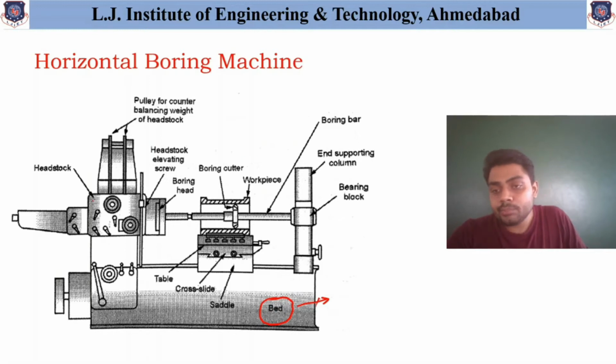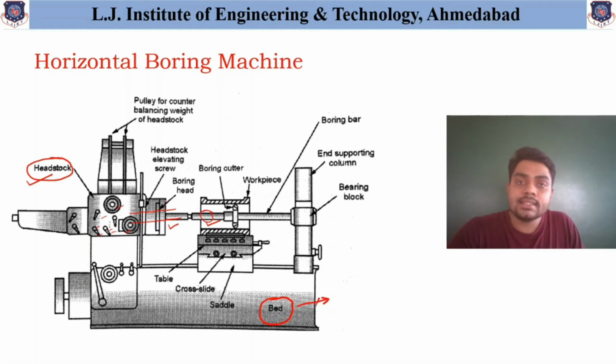Now the next important part, that is the headstock. As you can see, this headstock consists of many different smaller elements, and it mainly consists of the spindle, and this spindle through the central part is attached to the tool. And the power transmission elements are also available in the headstock. So the power is transmitted from headstock to the spindle, and from the spindle to the tool the power is transmitted. And this is how the tool is rotated by using this headstock.